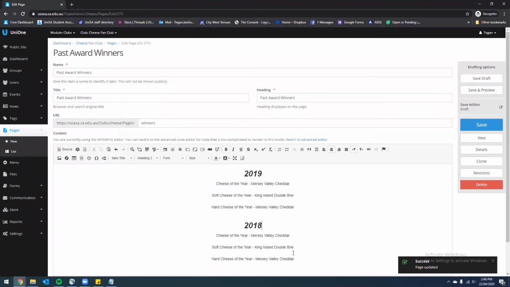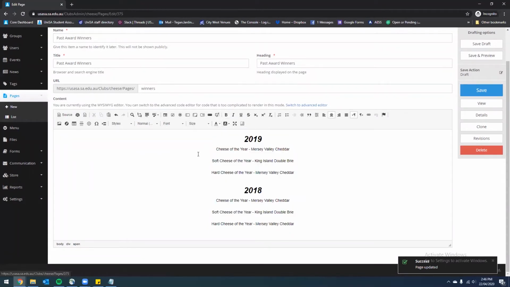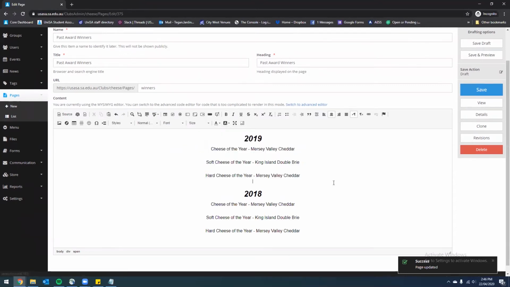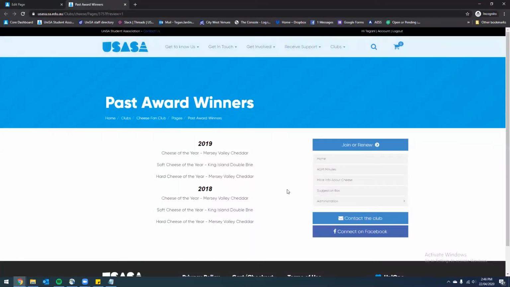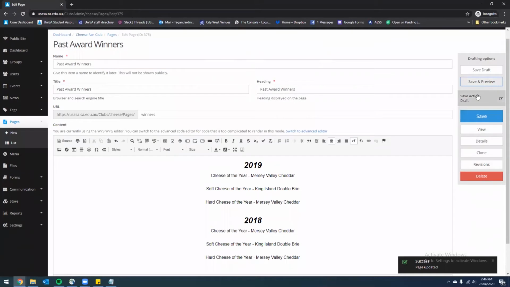So I'll add a space there, and I'm going to make this text black just to be a little bit more easy to read. And I might make these a little bit bigger as well. Okay, let's save and preview, and we can see that there now. I'm now happy with how this looks, so I'm going to close this,